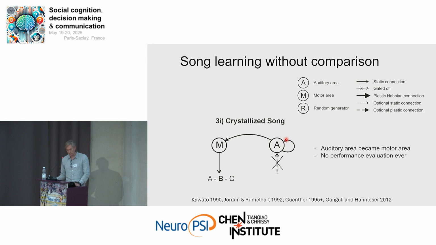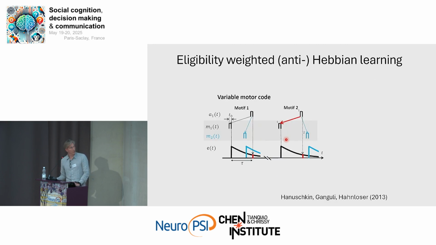And so for those of you interested in detailed models, the model that we propose is that the motor neuron, when it fires, has an eligibility trace, like a calcium signal that decays in time. And when the auditory neuron fires repetitively after some delay, there would be a strengthening of the synapse by this amount, given by the eligibility. So what the neurons would learn is a causal inverse.